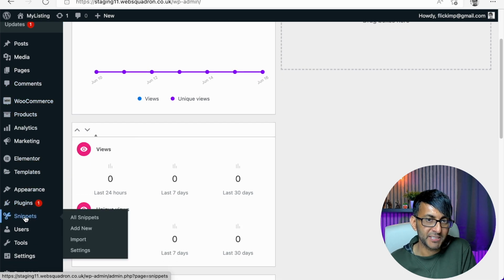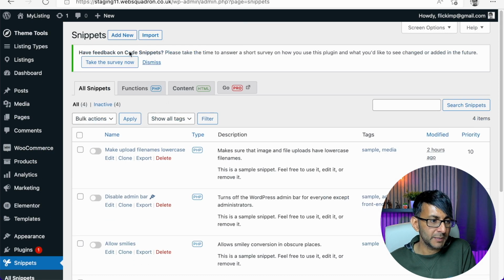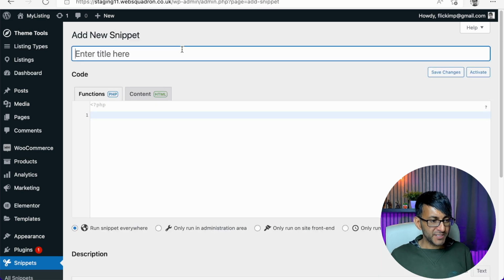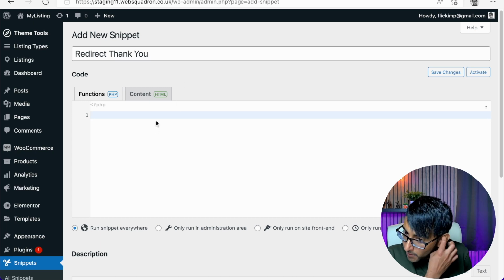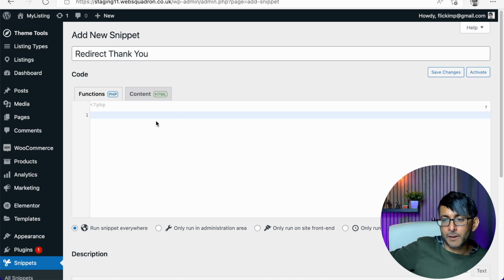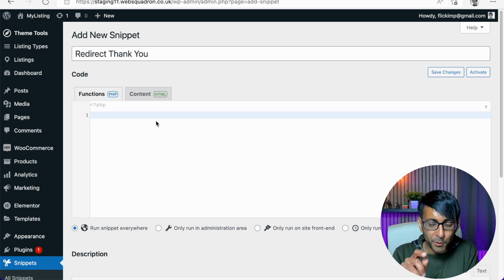If we go to snippets, which is free, we go to all snippets and we click add new. This one is going to be called redirect thank you. Now, this code, I will put a link for you to go and get this tutorial, because what it will do is